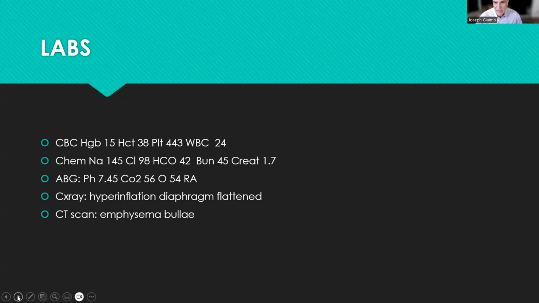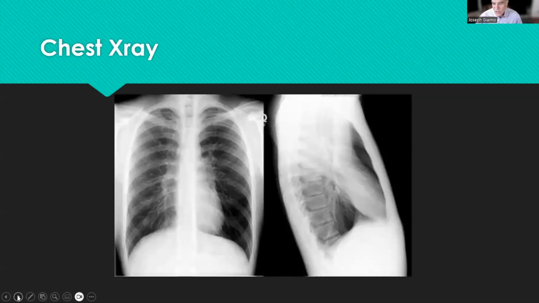Can I have the next slide, please? So this is what their chest x-ray would look like. When you see that, you see the anterior ribs, you can see them and count them all the way down. You see the diaphragm are flattened down at the bases. And you see on the lateral view of the chest, you see the retrosternal airspace is more prominent. So you can see that. And that's what you see. It's a long linear chest of somebody with emphysematous disease. And the next slide,